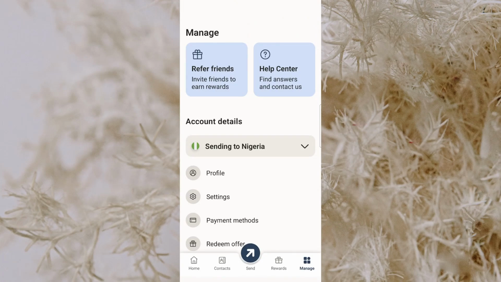In today's video, I'm going to teach you how to add a payment method on your Remitly account. To get started, open your Remitly account on your device and make sure you're fully signed in. Once you're on the main screen, take a moment to look through the menu options so you can easily find the account settings. If this is your first time updating your payment information, don't worry, the process is very straightforward and only takes a few moments.